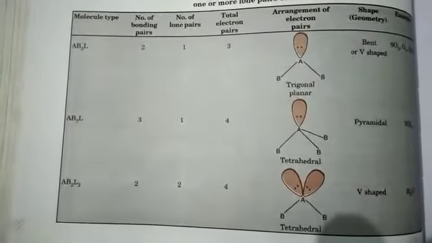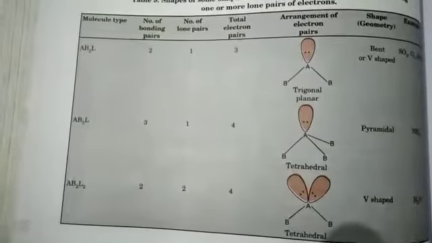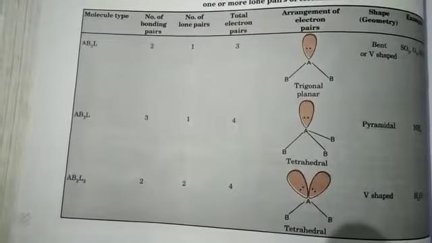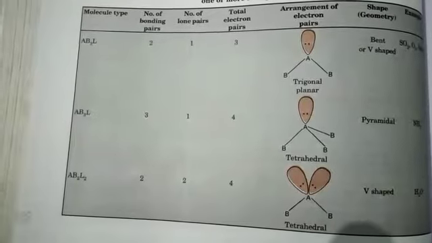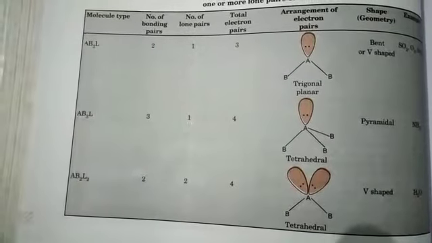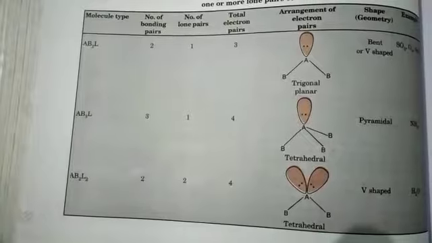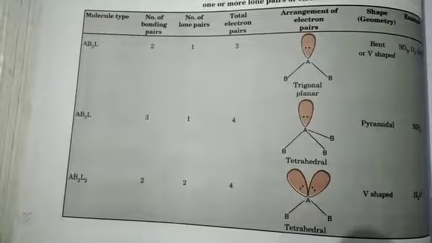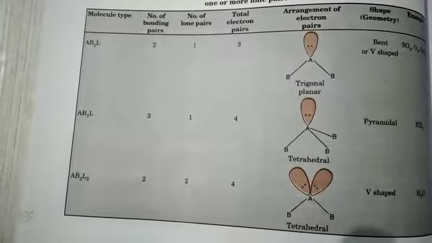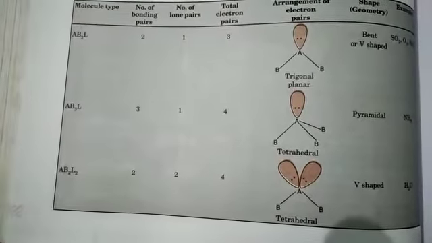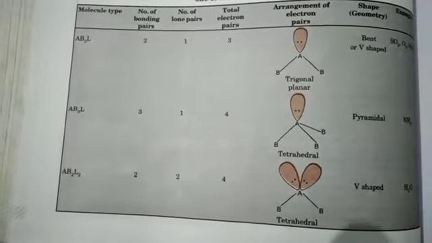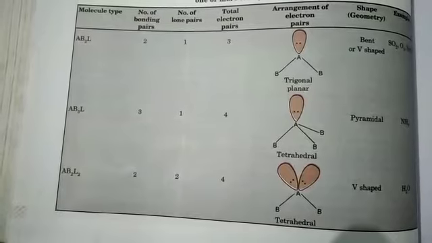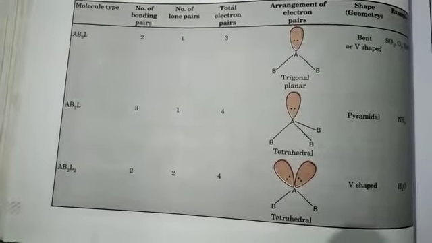So students, in the earlier classes we had studied the VSEPR theory and how the presence of bond pairs around the central atom affects the shape of the molecule. We had also discussed that the presence of bond pairs and lone pairs around the central atom affects the shape of the molecule, as there is maximum repulsion in case of lone pairs and minimum repulsion in case of bond pairs.